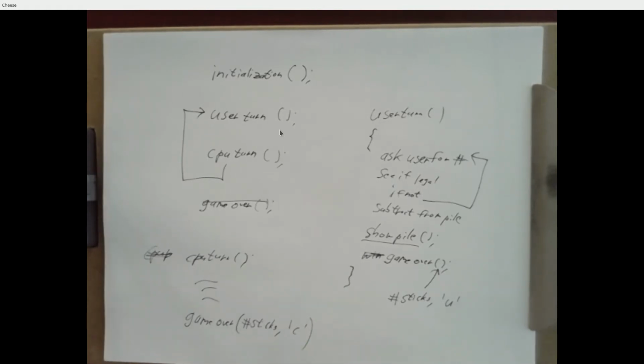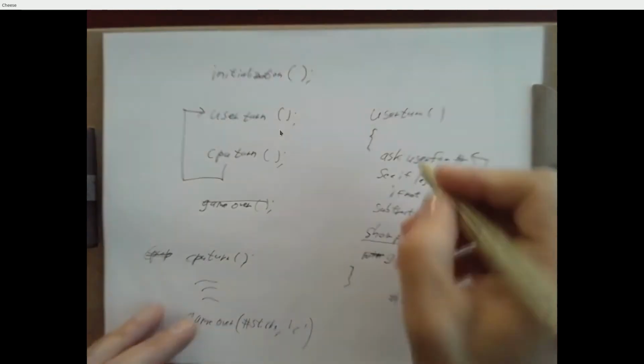So this is modularization. This is breaking your function, which is to play the stick picking game, into smaller functions, which is do some setup, let the user take a turn, let the computer take a turn, and to break those into smaller functions, which is get a legal move, subtract it from the pile, show the pile, see if the game's over. And this stuff up here,